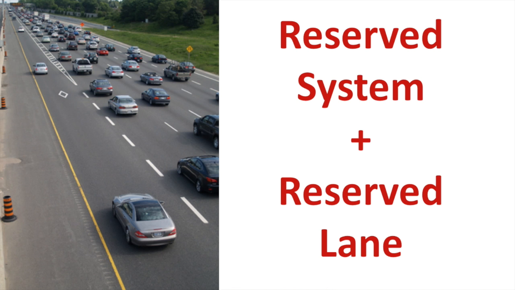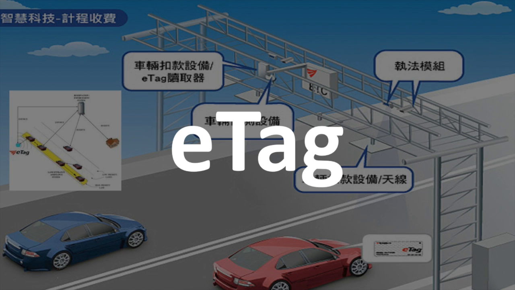So the next problem is, how do we make these policies work in the real world? How do we punish those drivers who don't follow our rules? And it is also very easy, because we can easily combine it with e-tag. The e-tag can decide which cars are going to use Hsuehshan Tunnel now, and maybe they can just charge them. And in the future, we can not only combine with e-tag to make those kinds of calculations,